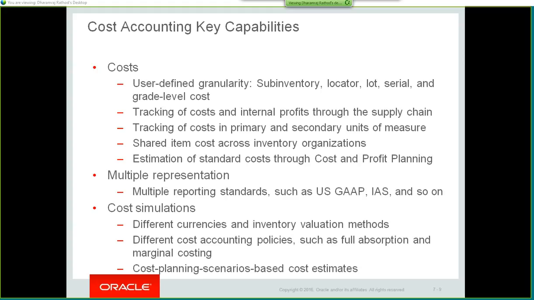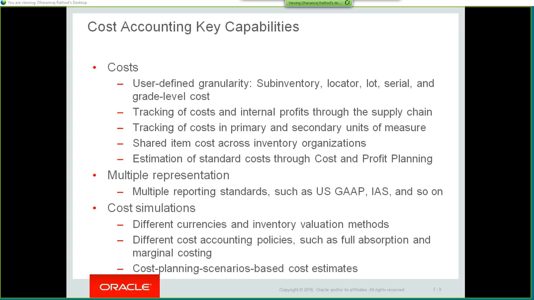And you have flexibility to estimate the standard cost using cost and profit planning. One of the other benefits of cost accounting is you could have multiple representations of the same cost. Meaning, let's say you are in Europe and you have a corporate currency called euro, and you could have a local currency, and you may need a reporting requirement that corporate reporting requirement would be in euro, and then local reporting requirement would be in local currency. So using cost accounting solution, you have flexibility to report the cost and quantities using